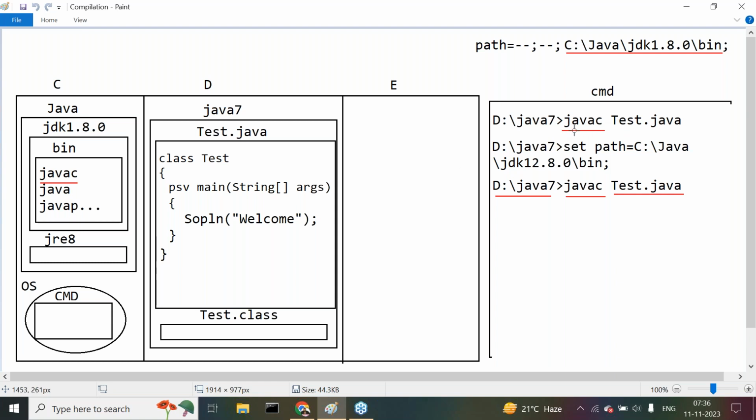command. The operating system will search for the javac command in its internal commands list and at the locations referred through the path environment variable. If it is not available in both locations, we get a message like: javac cannot be recognized as an internal command, external command, operable program, or batch file. As you know the location where javac is available, we need to set that location to the path environment variable. For that purpose, we write a command: set path=C:/Java/JDK